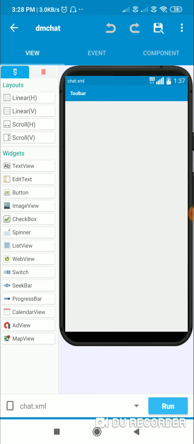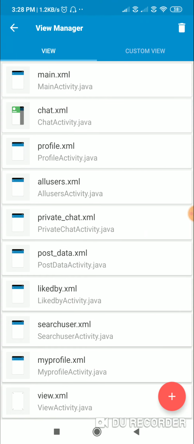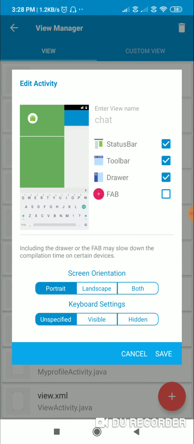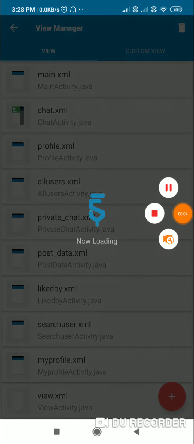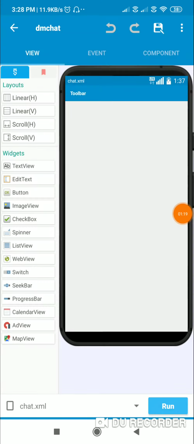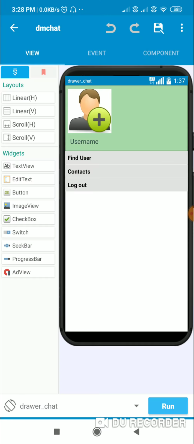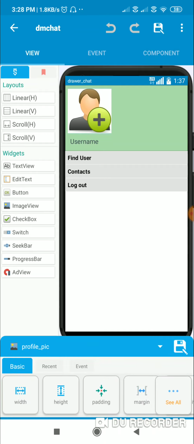So let's move to chat activity. Here this chat activity contains a drawer, and you can see it contains a status bar, toolbar and drawer. This is the drawer, and this drawer contains an image view profile_pic.